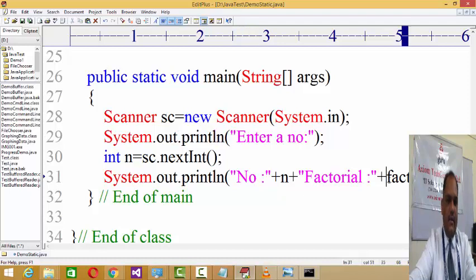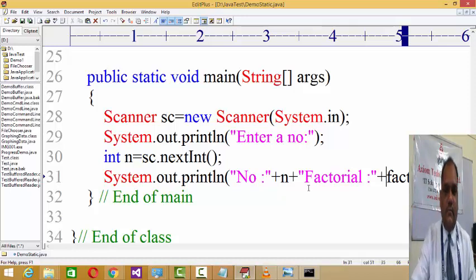As I said, it's a static type of method. There is no object reference required, and so you can write the class dot method name and then pass on the values. And if you are referring to the same class, then even the class reference is not required, right? Hope you understand the things well.